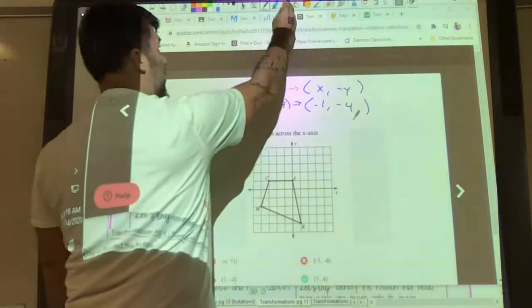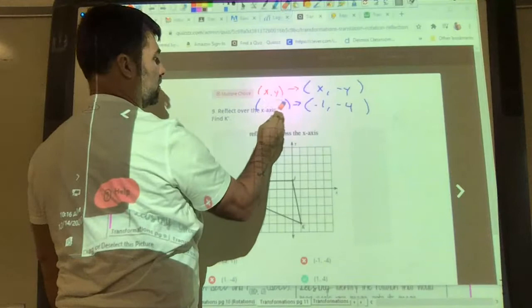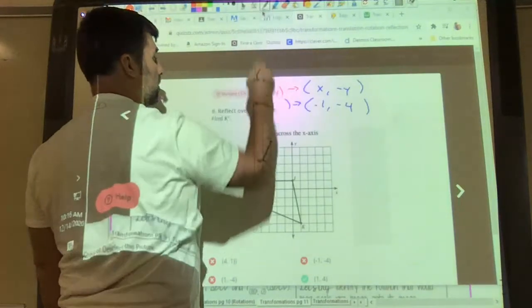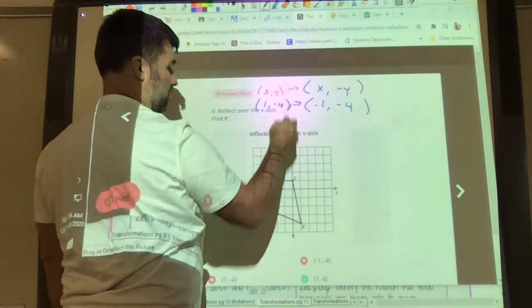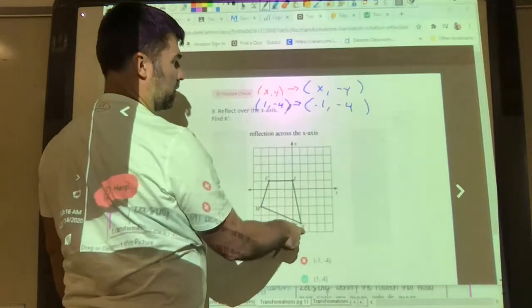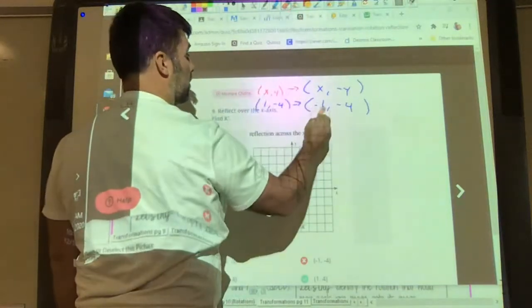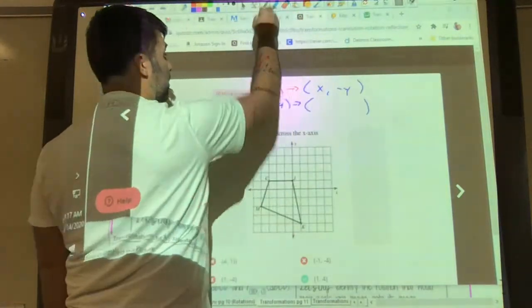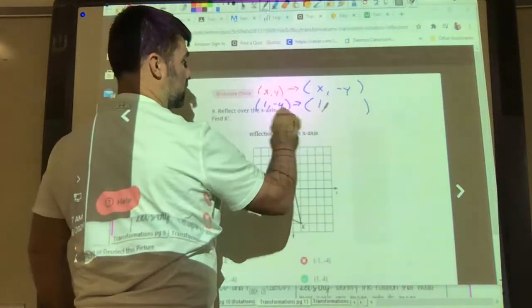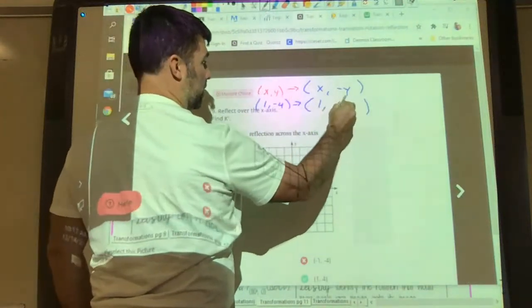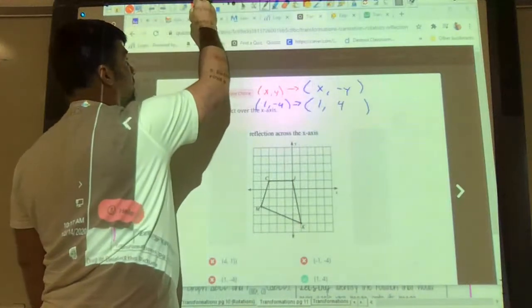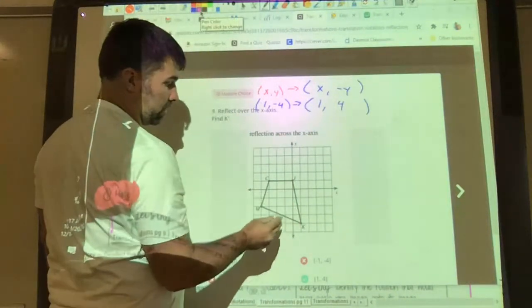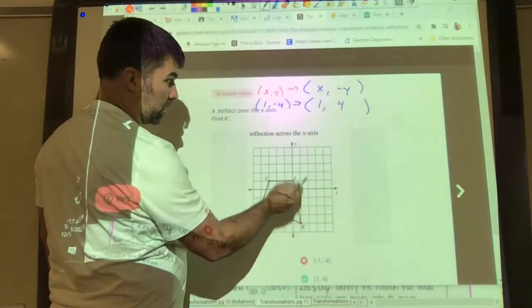Sorry, that's wrong. This is positive 1. Positive 1, negative 4. So keep the x, change the y. So negative 4 turns into positive 4. So you could do it that way, or what you probably did from Khan Academy was, okay, line of reflection